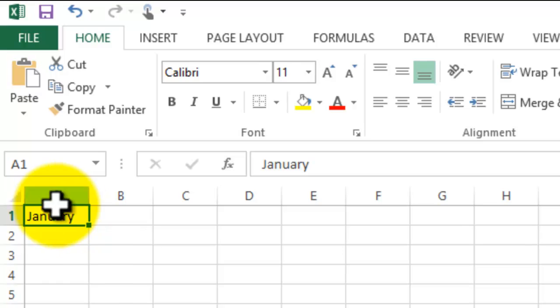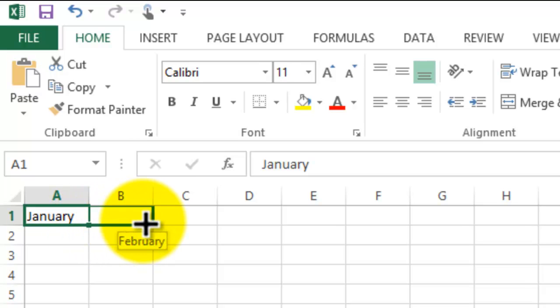When you select a cell, you're going to see this little dot, this little block, on the right corner. When you bring the pointer to it, you're going to see this little thick plus sign, and that is the fill handle. Now, what is the fill handle going to do? Let's say that right here I have January and I want to see the whole year. So when I bring my pointer and it switches into this little plus sign, I'm going to left click my mouse button